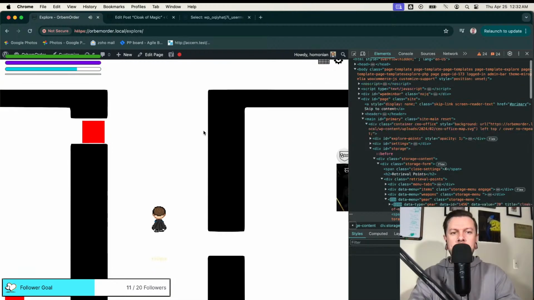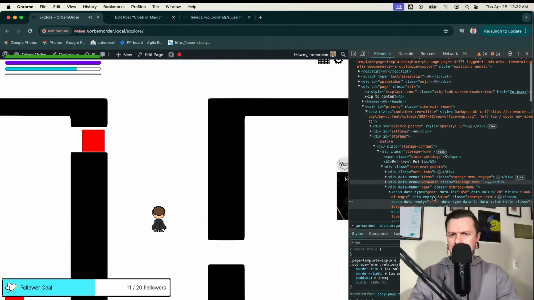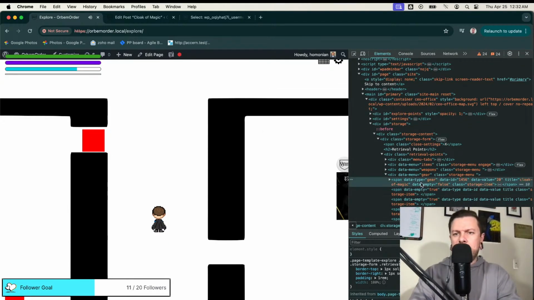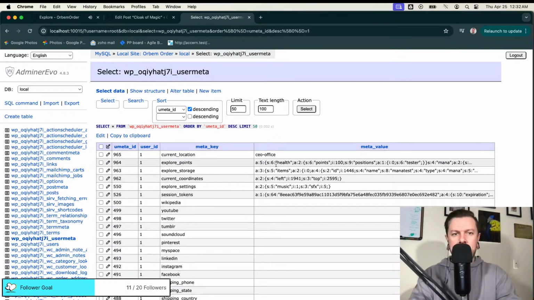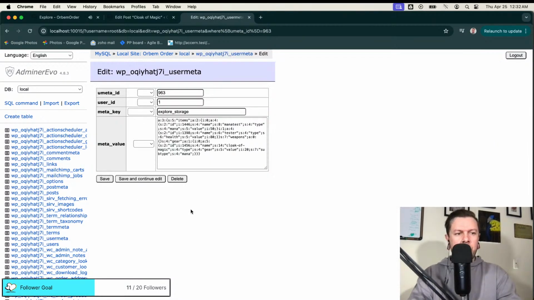Alright. Let's see, what do we got? We have gear, empty data type. Okay, cool. That's not what matters. This is what matters, the database and storage items right here.